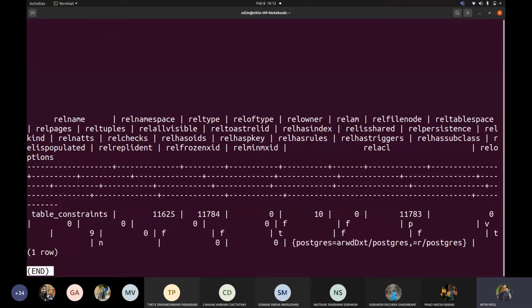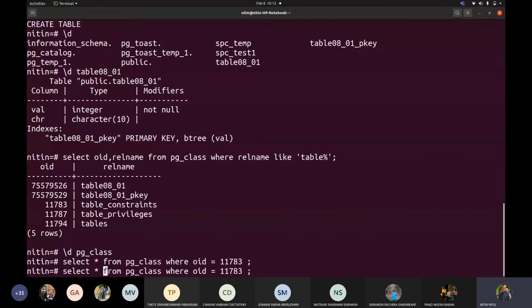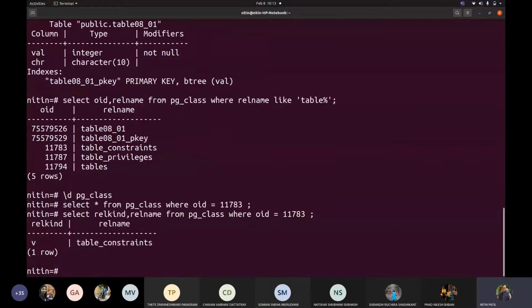Now if we carefully see here, this is a table, we don't know what exactly it is, but there is an object called this table constraint. So if I see the column specifically as rel kind, let me write rel kind comma rel name. Now it says V. Now what exactly does this V mean?